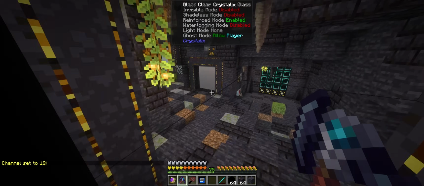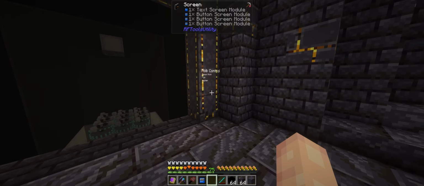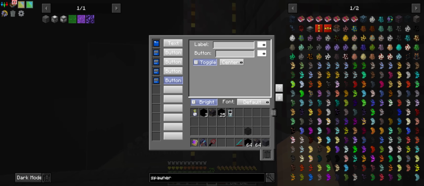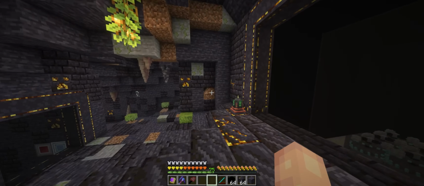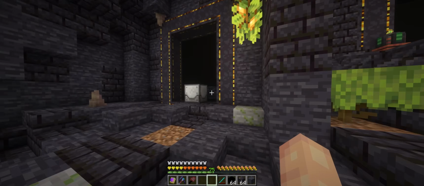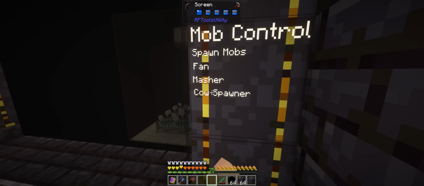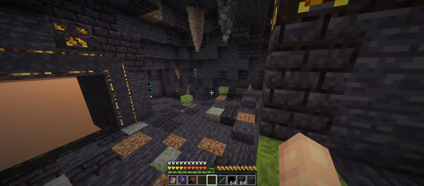And we can put this in our display over here with all of our other buttons and call it, this will be a toggle, and it will be cow spawner. So now when we turn that on, oops. Now when we turn that on,